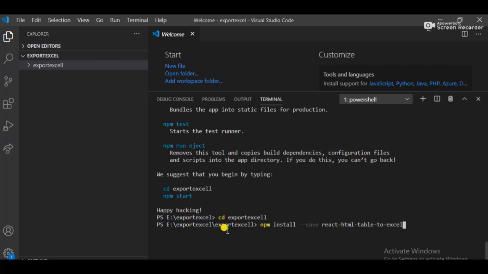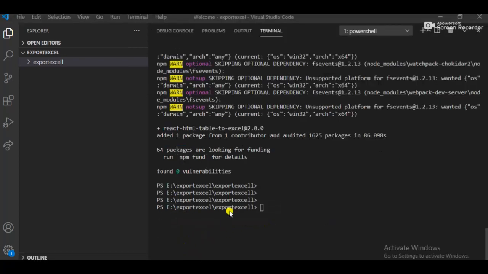This library is installed into the node_modules folder, which is in your project directory. Finally, I installed this library also. It's called react-html-table-to-excel, and it is a contributed and audited library.